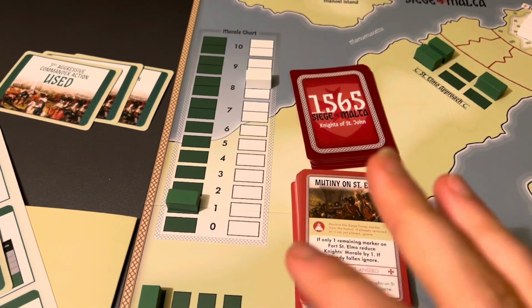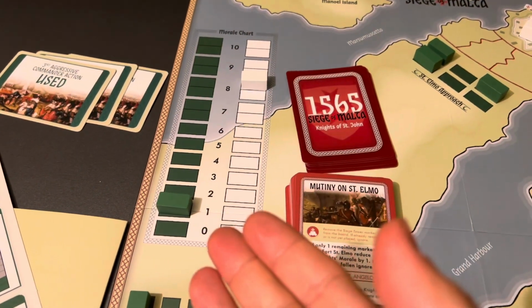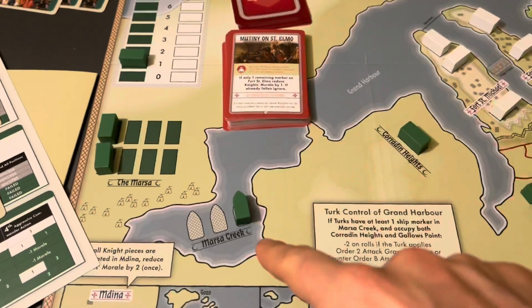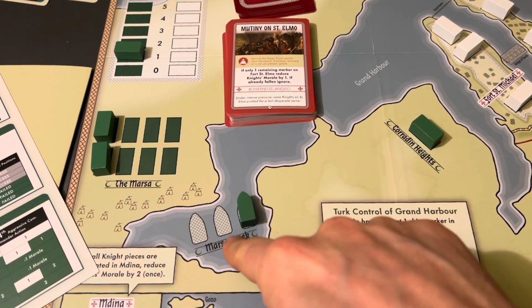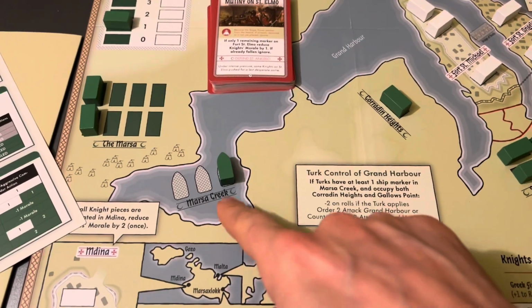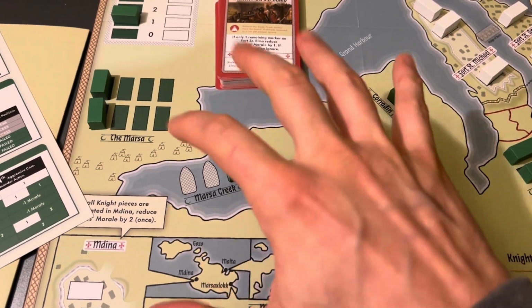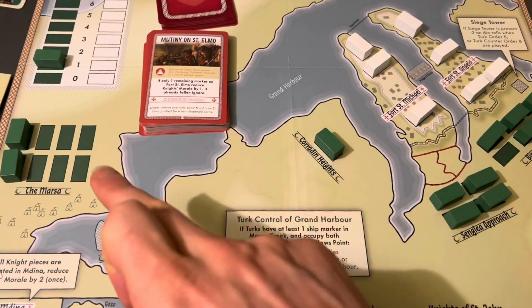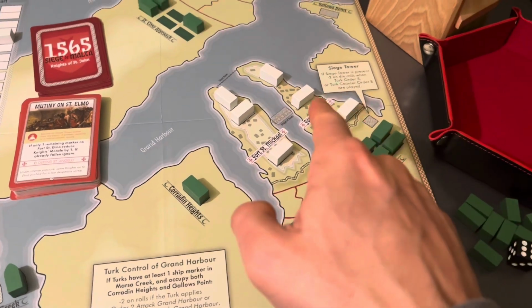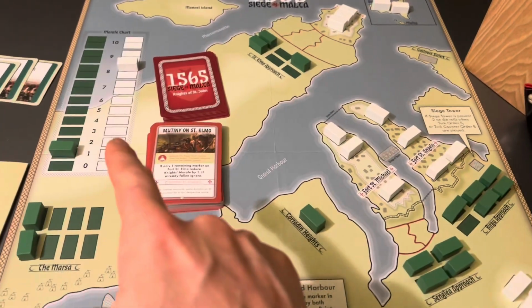Okay, well, we are coming up to the pivotal moment of the game. The last order sequence for the Turks did not go well at all. We had another fire ship attack that drove the Turkish ships back to Marsaxlokk. We did manage to move one out to try and keep the pressure on. We did successfully get some units from the Marsa here to the Corradino Heights, which is great. I do need to get one up here, but the